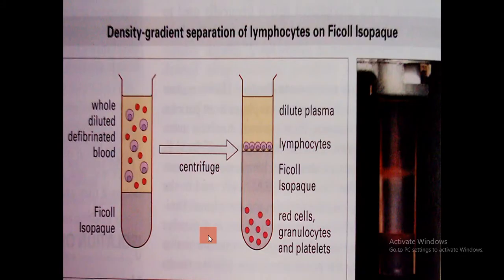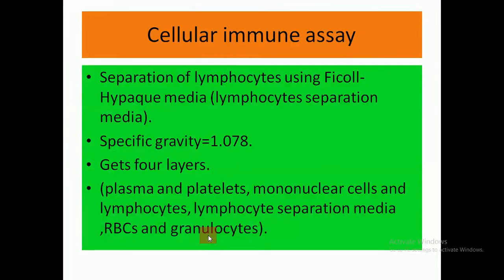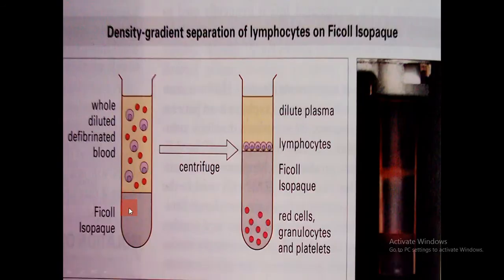So here, this is the platelets with the 4th layer. Here is the plasma only, no platelets, mononuclear cells, lymphocyte separation media, RBC, granulocytes, and the platelets. And here the Ficoll at the bottom of the test tube, and add to it diluted defibrinated blood, and then centrifugation,